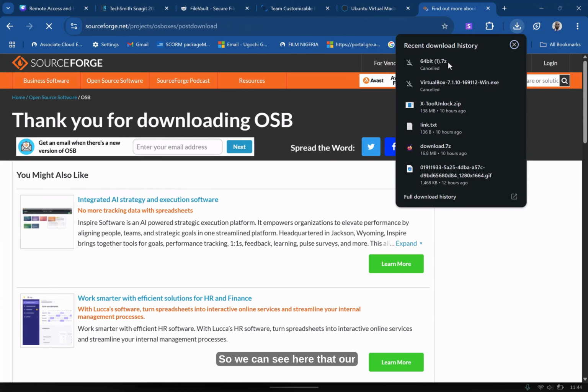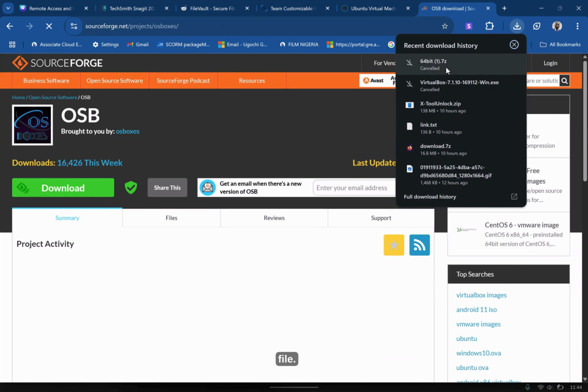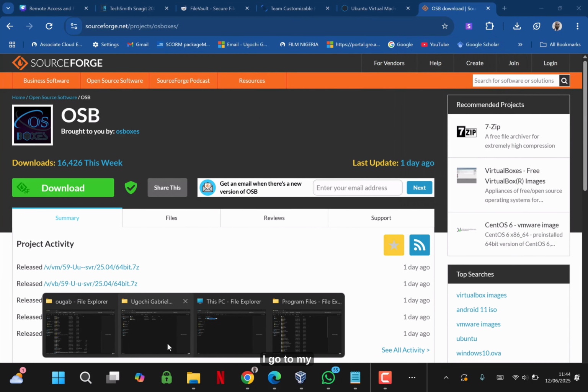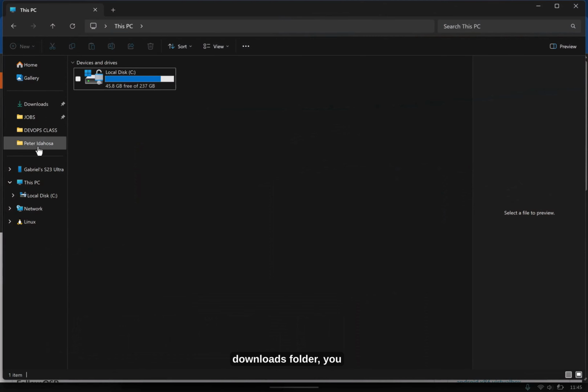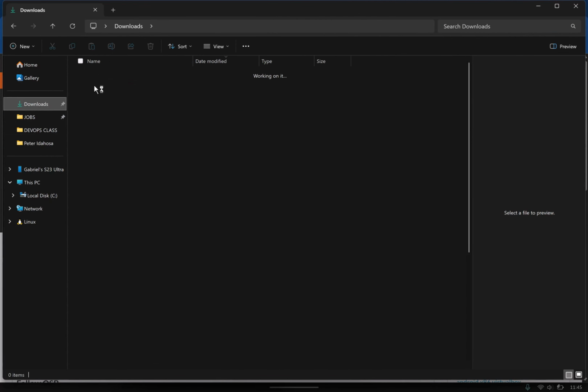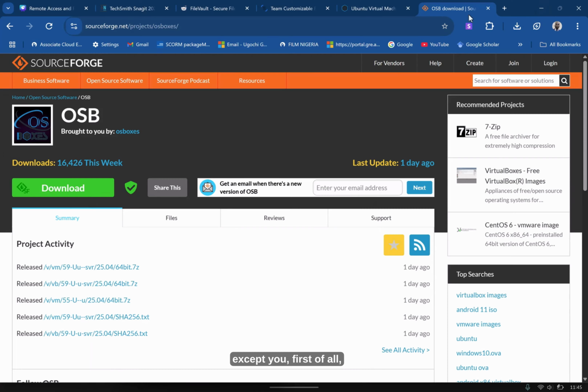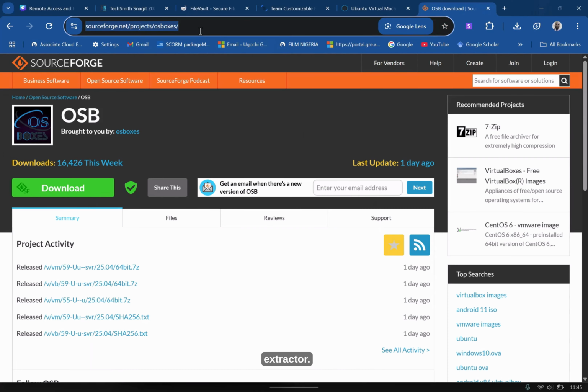So we can see here that our disk is packaged as a .7z compressed file. Let me show you. If I go to my downloads folder, you can see it here. It's a .7z, so you cannot extract this except you first download a 7-zip